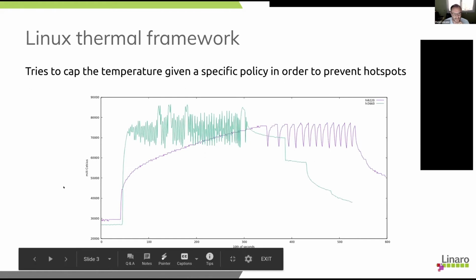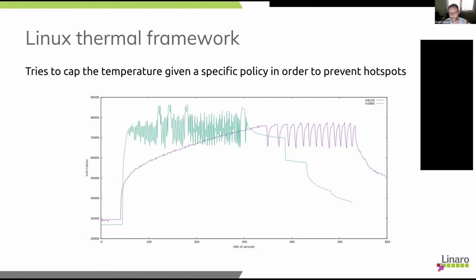So we can see in this figure what happens with the temperature on some SoC, especially here a CPU. Please consider that it's for an evaluation board, so it's not depending on the form factor, and the behavior might be very different. Here we can see two generations of SoC. The first one is the IKEY, the second one is the IKEY 960. And for the IKEY 960, which is the green figure,